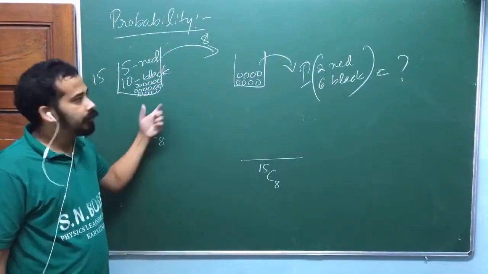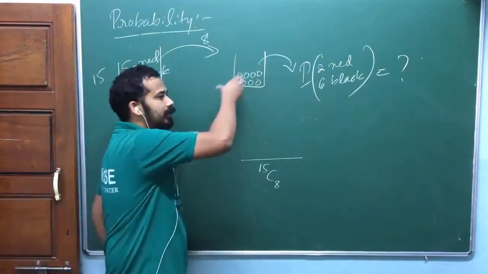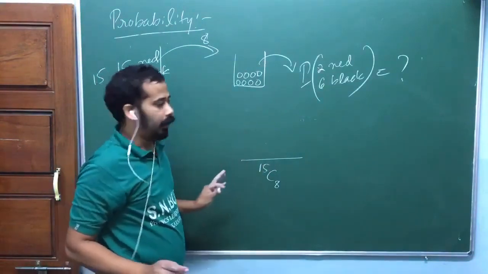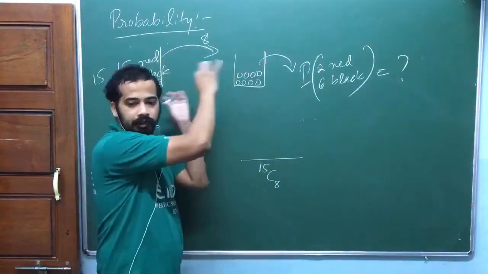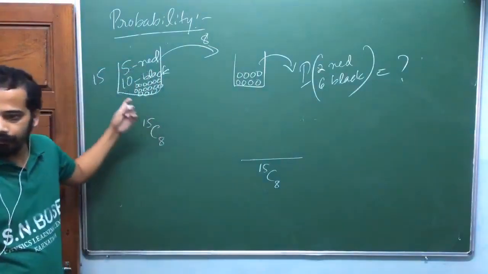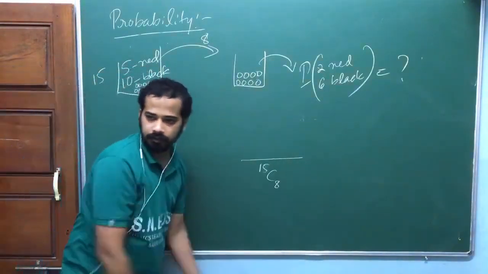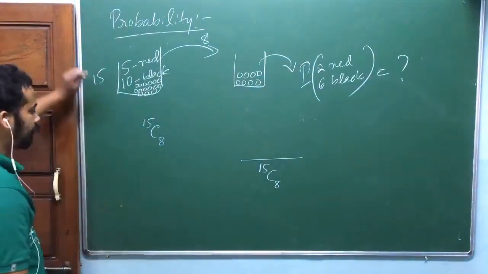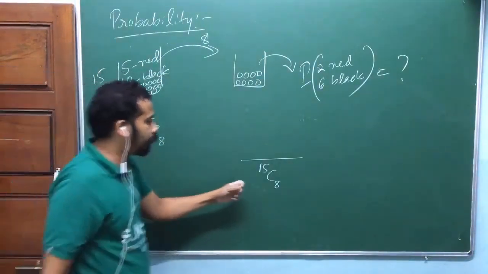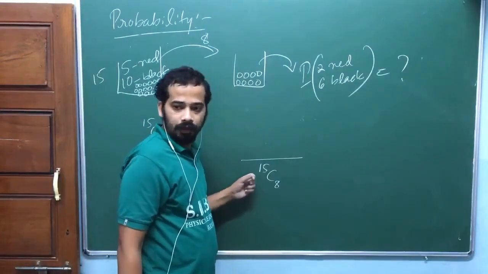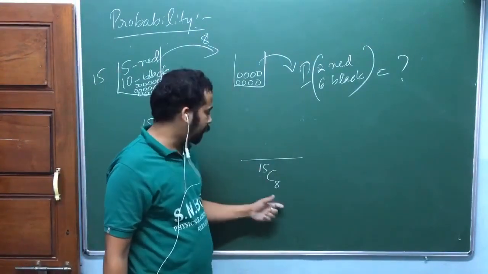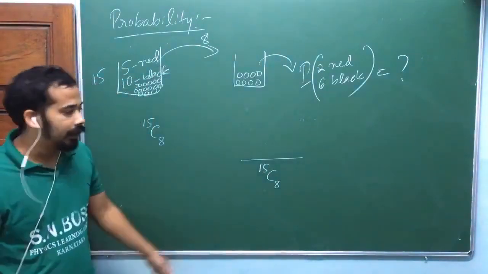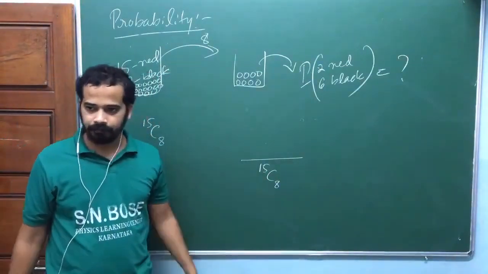These are the many different ways you can combine 8 balls out of 15 balls. There is nothing like you have to place them in order. It's not a permutation, okay? Here it's just collecting 8 balls, grabbing 8 balls out of 15 balls. There is nothing like ordering them. So this way it's a combination. This is the total number of possible ways of choosing 8 balls out of 15 balls. That's the denominator, the total number of elements in the sample space.